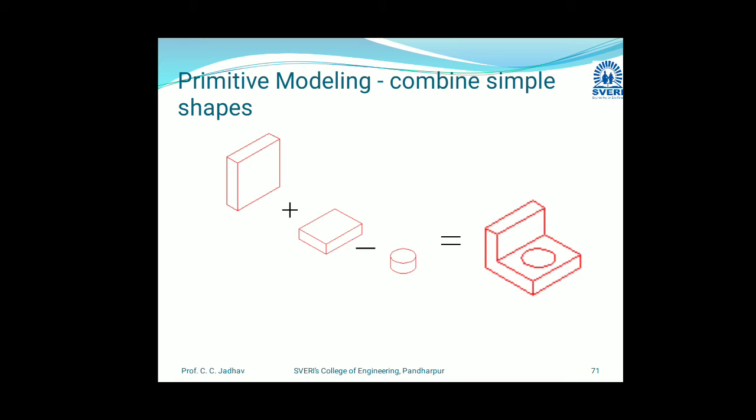These functions retrieve a solid of a simple shape from among the primitive solids stored in the program in advance, and create a solid of the same shape but of the size specified by the user. So here we are going to create a new object from the given three objects, and we are doing two operations. First addition, then subtraction. We combine the first two objects, and then subtract one single object from these two. Afterwards we will get a final object. This is called primitive modeling, combining simple shapes.